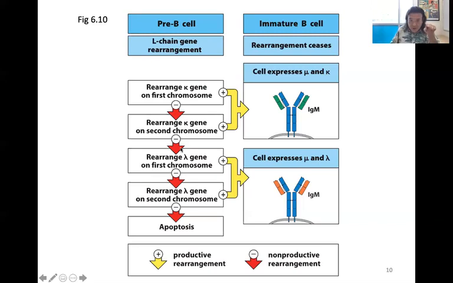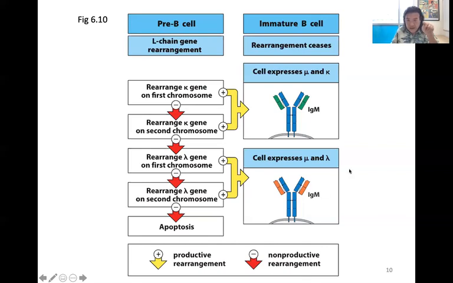But what if things don't go that well? Let's say you screw up a couple times here. You've used up both kappa light chain loci on your 2 chromosomes, right? It's okay, because evolutionarily we have that other light chain locus also. So we have the lambda light chain. Again, maybe you start from mom's first. Ooh, that didn't work out. Then you try to do dad's. Yay, that worked. Okay, so now you end up with this other form of the IG that has these orange